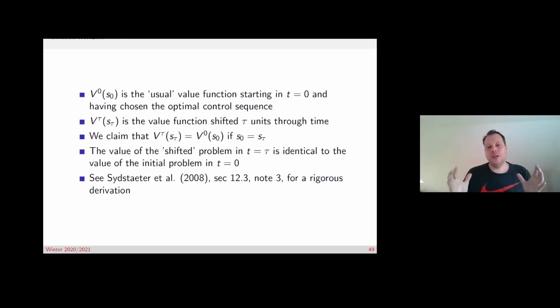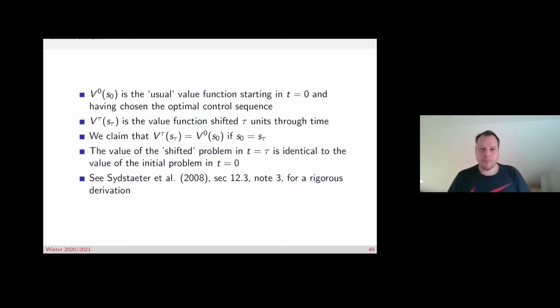So it doesn't really matter for the value itself if this problem is shifted through time, except for the case that the state obviously might change. Okay, and this is why we need this somewhat, at first glance, counterintuitive notation, that we need this v superscript tau, because this is not the present value of the value function, but the current value, so to say, the current present value of the value function, because it takes discounting just to the future point in time that you consider. In this case, it would be tau. So in our example, it would be 5.